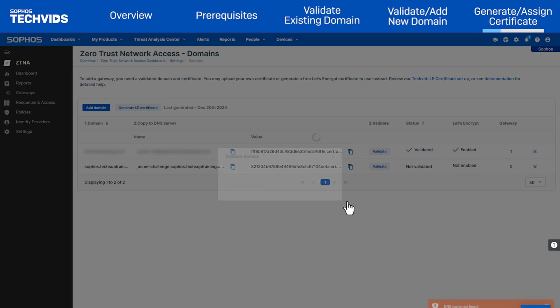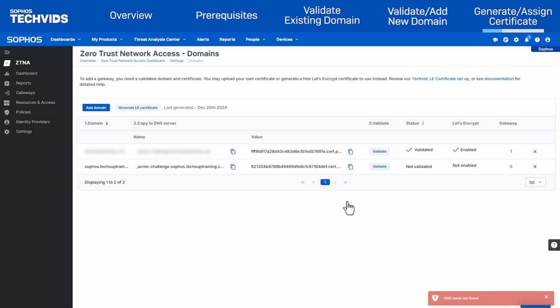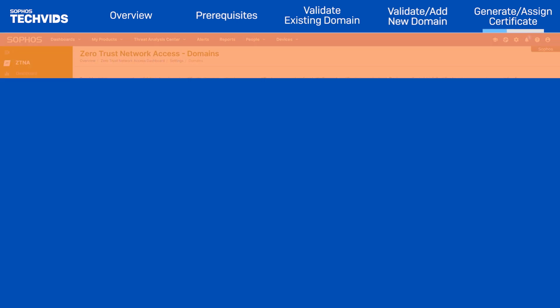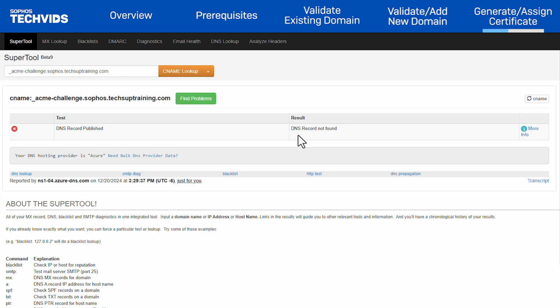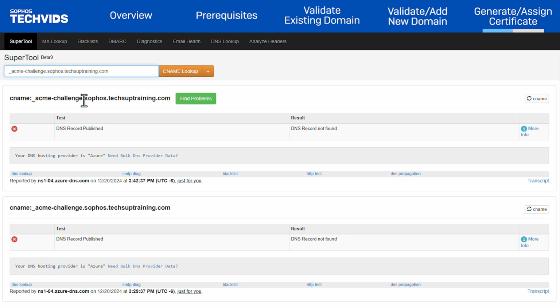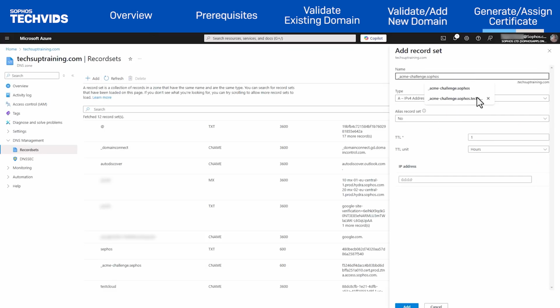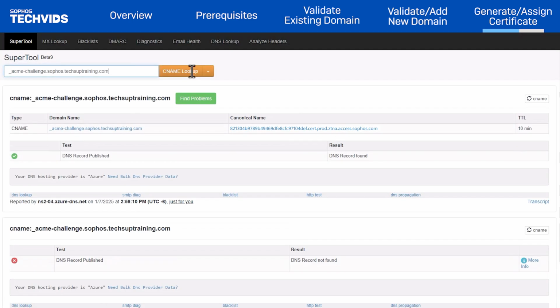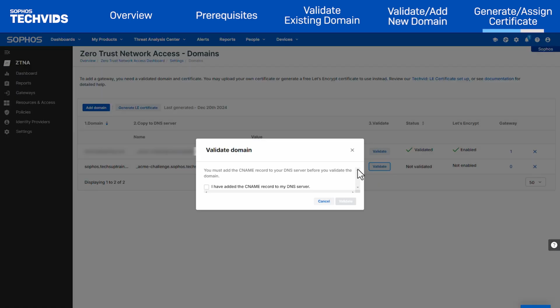If you run into any errors when validating your domain, or after generating from the previous steps, ensure your CNAME record was added correctly. To do this, perform a DNS CNAME lookup using a website such as MX Toolbox. In this case, the CNAME could not be found, so we'll go back and confirm the CNAME record was added correctly and is using the values provided. Repeat the steps once the issue has been corrected.